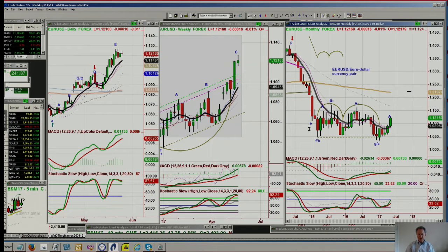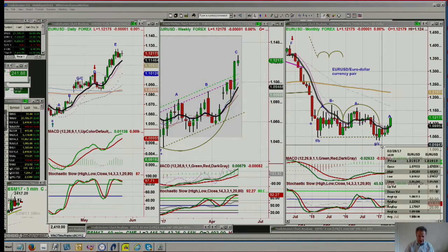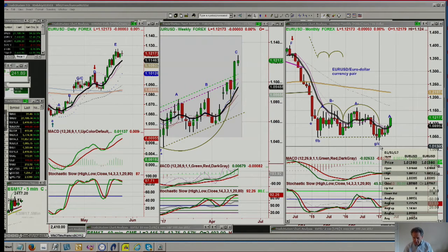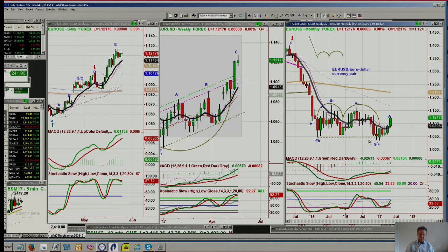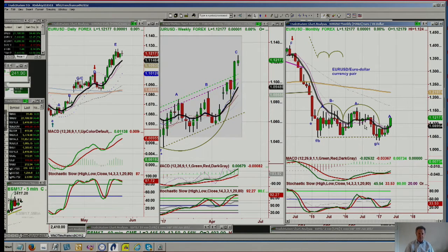Why? Because this is a very successful lowercase h to a lowercase m double bottom pattern that successfully has the technicals improving after it took out the left side low and went right back to close above that left side low. And that's the low that was made in the euro dollar currency pair back in March of 2015 at 1.0461. It did break under it. It went to 1.033, but both months, December of last year and January of this year, it closed above. And that suggests that there could be a rally that touches or maybe even pierces the left side